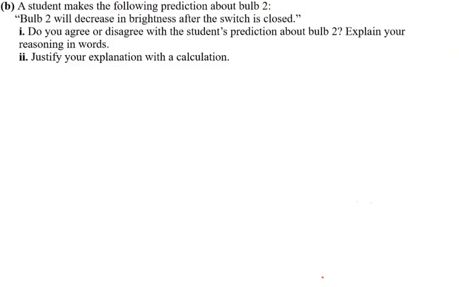For B, they say a student makes the following prediction about bulb 2. Bulb 2 will decrease in brightness after the switch is closed. Do you agree or disagree? Prediction of bulb 2. Explain your reasoning. Justify your explanation with calculation. So again,